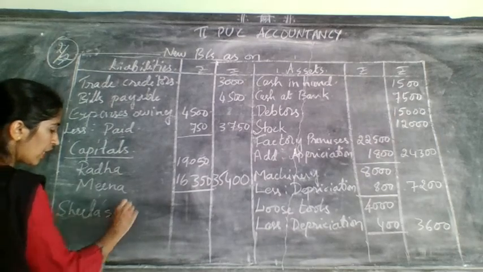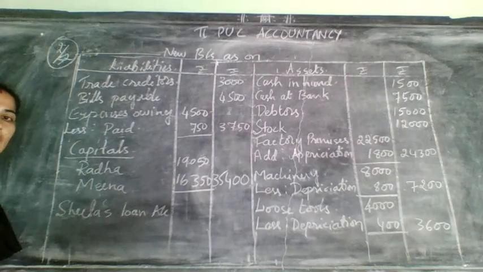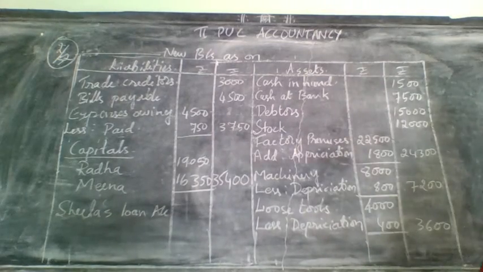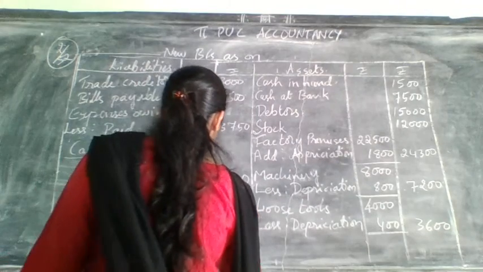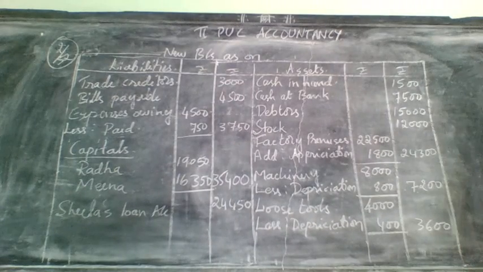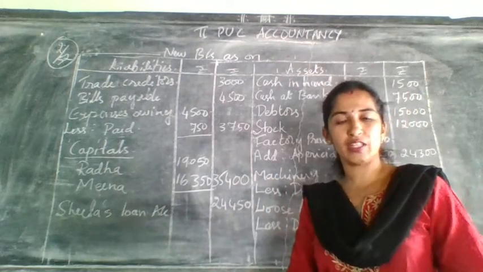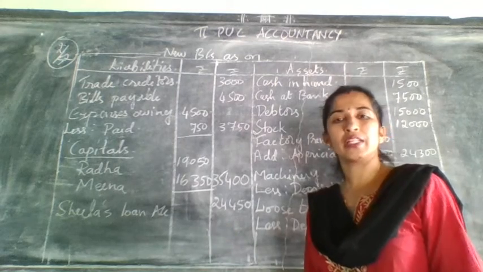So now you need to write, Sheila was retiring there. That's why Sheila's loan account. You need to write the Sheila's loan account separately. What was the amount of that Sheila's loan account? It was 24,450, right? 24,450. So now whatever was given in the problem related to assets and liabilities was over, but still